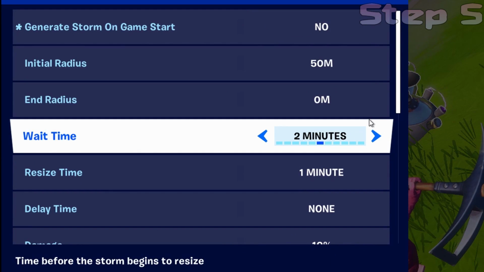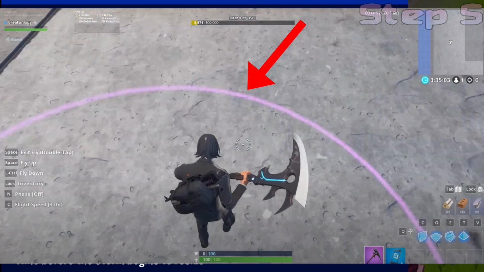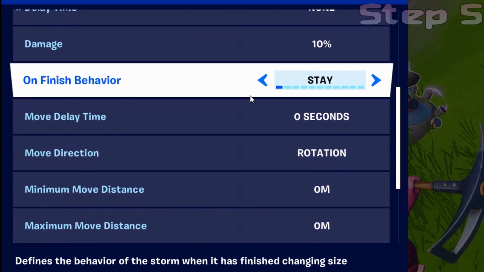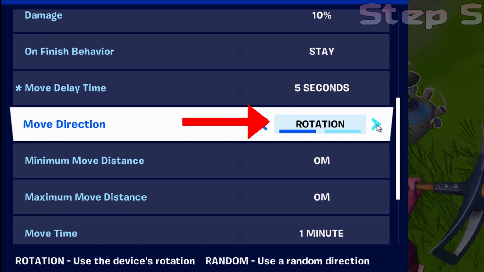Initial radius will depend on your spawns. Mine works well at 75 meters, but you'll be able to tell where the edge of the storm will be by the pink circle around the area. Set the wait time to 5 seconds, delay time to none, move delay time to 5 seconds, move direction to rotation,